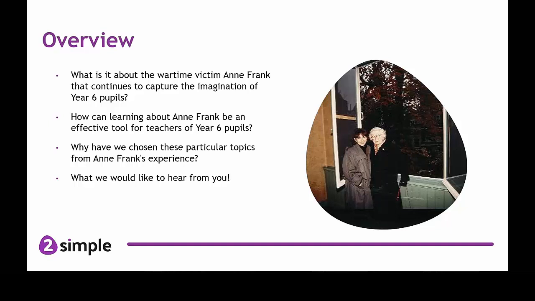And also sibling relationships, sibling rivalries. Anne had a great sibling rivalry with her own sister Margot. We talk about young people's priorities, and we can relate that back to what they went through when they were isolated during the lockdown. What were their priorities? What were the most important things that they had missed and would appreciate, and what are going to be their priorities in life moving forward?